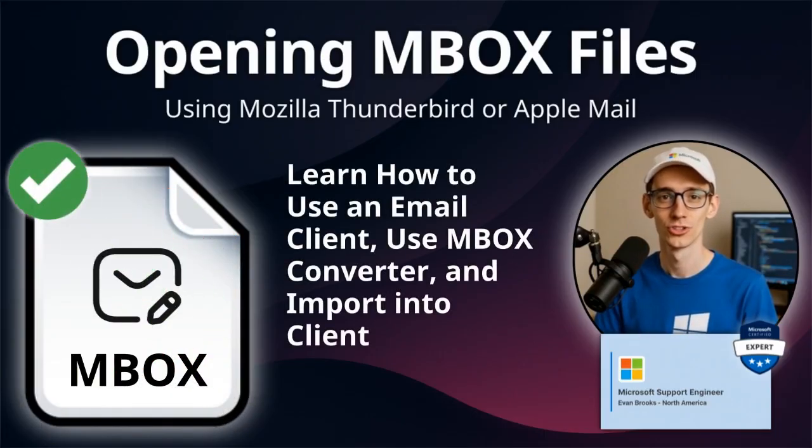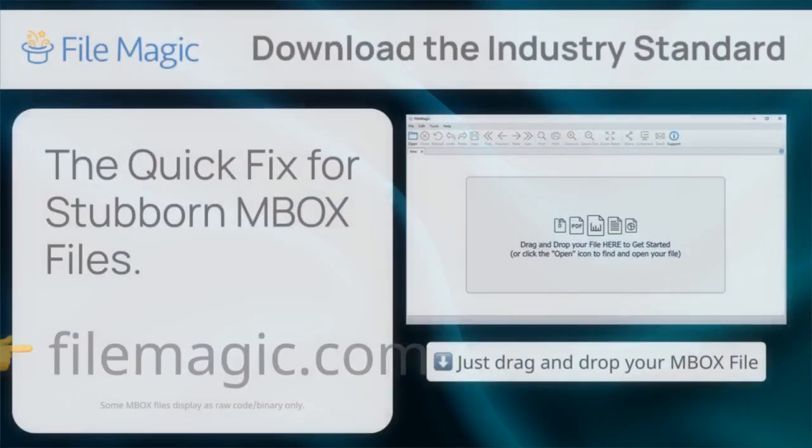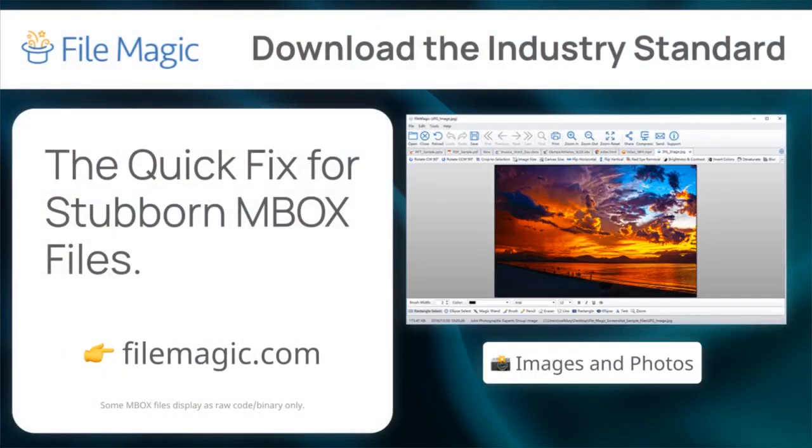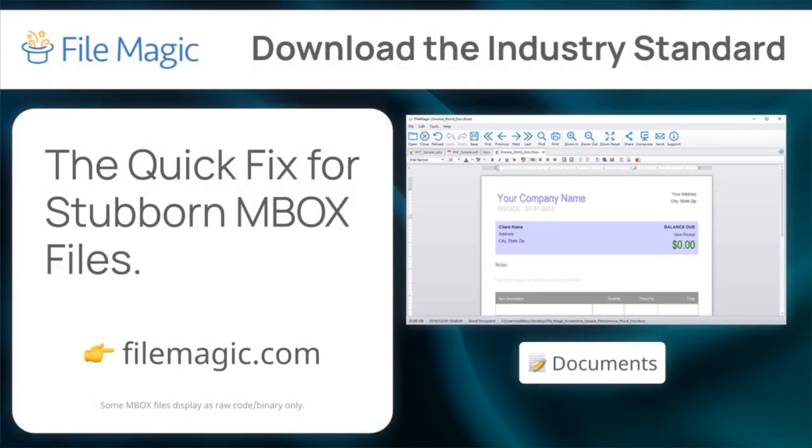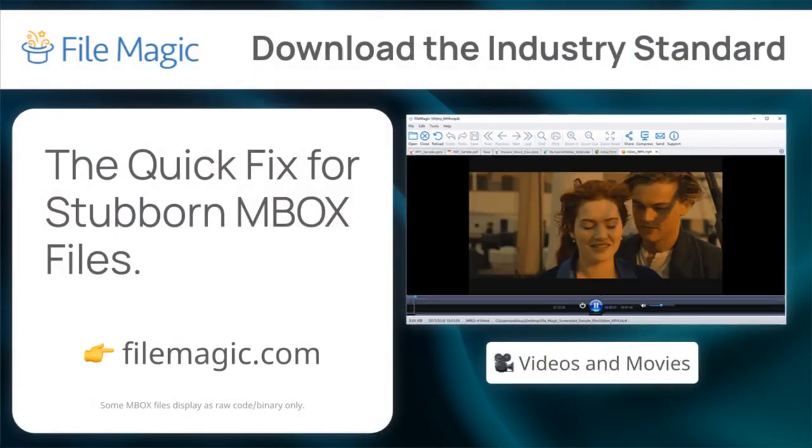I'm Evan Brooks, Certified Support Engineer. Let's set up the import. Be sure to stick around for the end. I'll introduce the single most powerful MBOX inspection tool that can address this entire problem, along with virtually every other